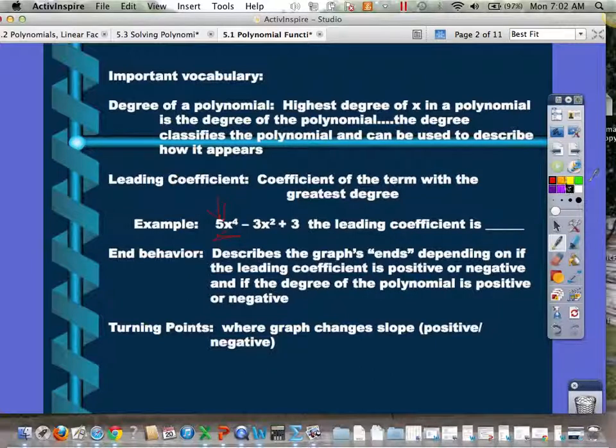Let me change my color over here. I think it'd be easier to see. Whoops, that still didn't change it. Alright, so